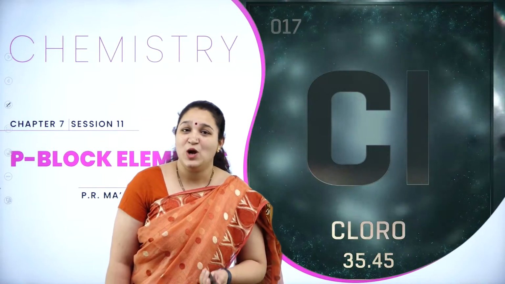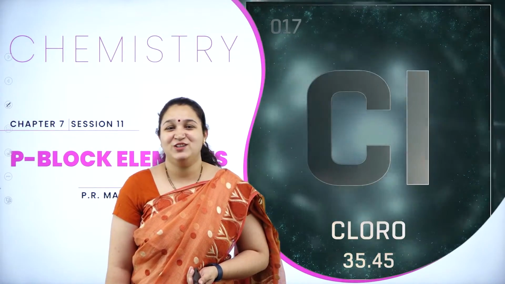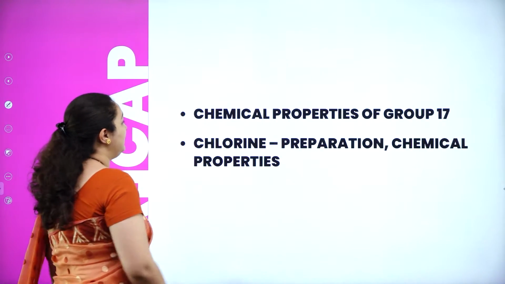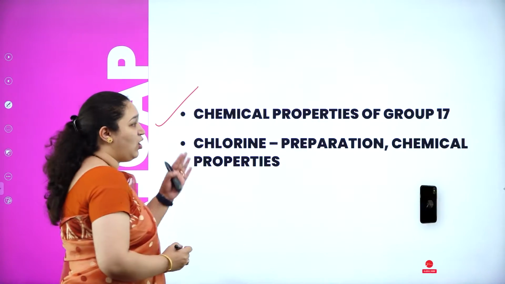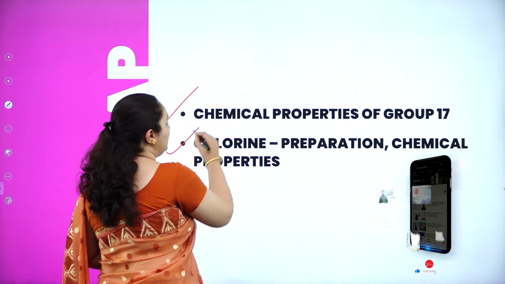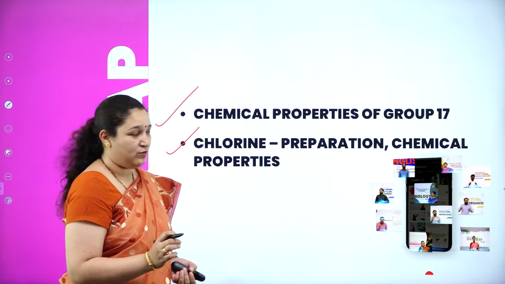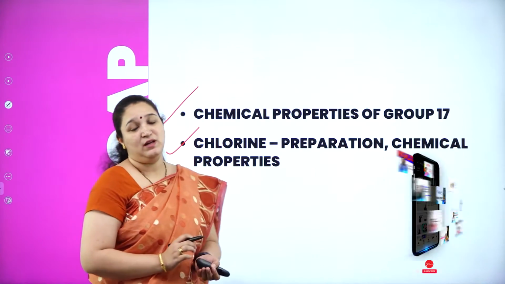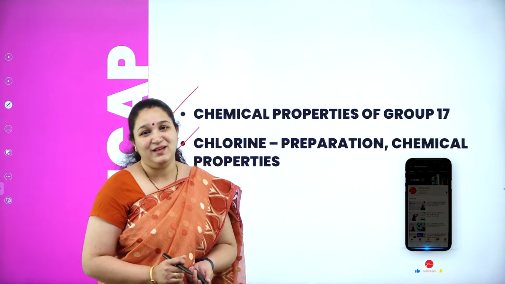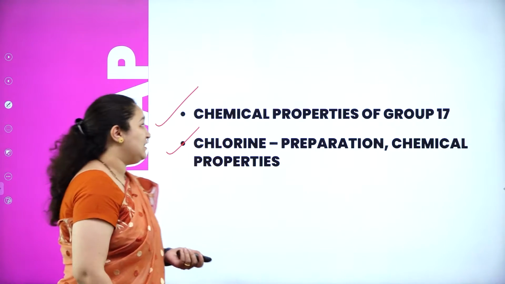Hello my dear students, welcome back to the 11th session on the chapter P block elements. Last class we learnt about chemical properties of group 17 elements, as well as we learnt about chlorine and preparation of chlorine and some of the chemical properties. There are some more chemical properties which we will be learning today. Okay, so we'll see the first one,